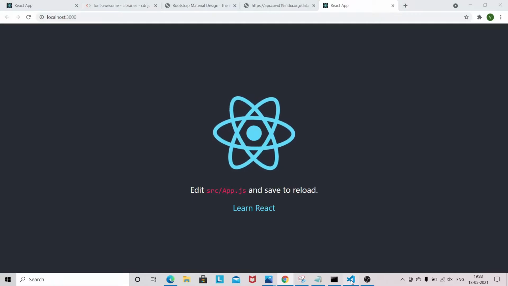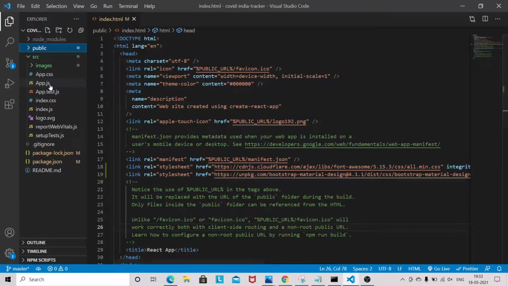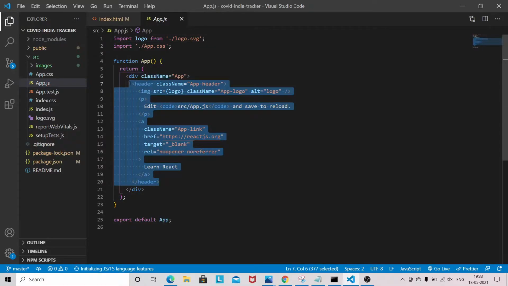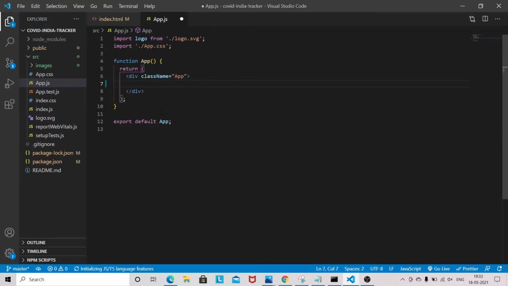First I will clear out some details from here because we don't need this one. From the logo, we don't need the logo.